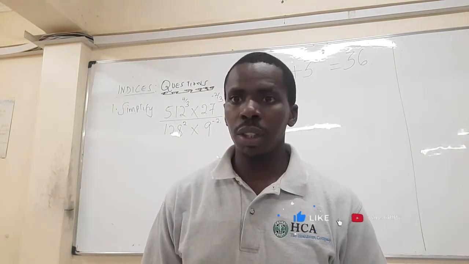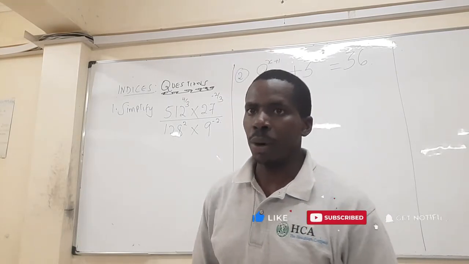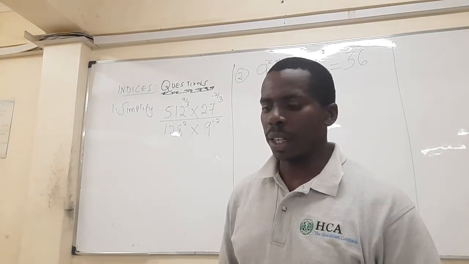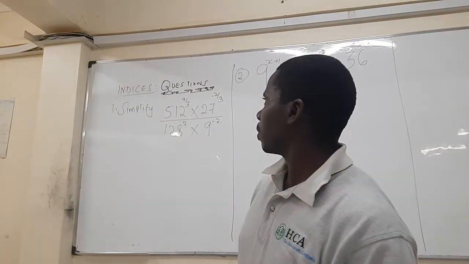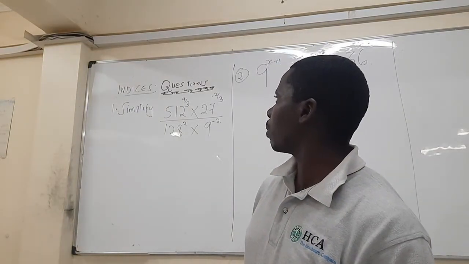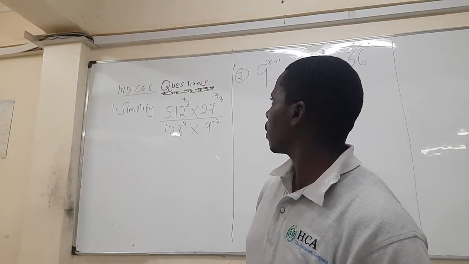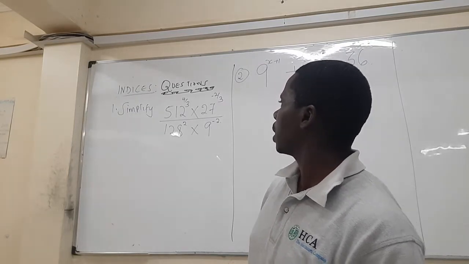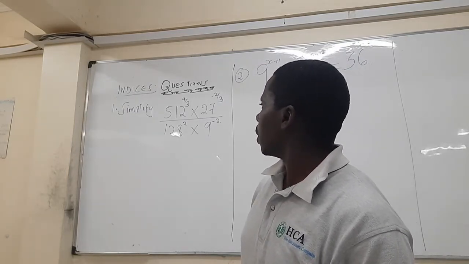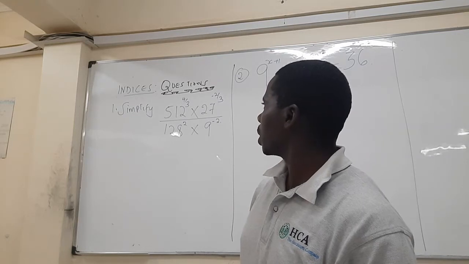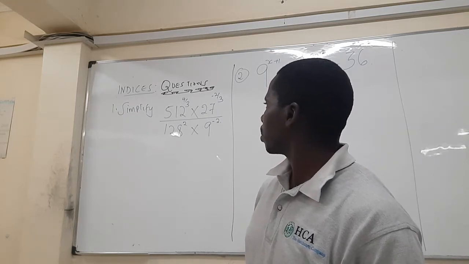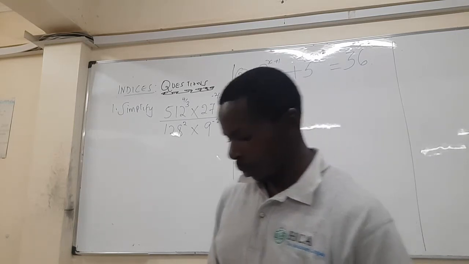The first question is on the board. We have 512 power 4 over 3 times 27 power minus 2 over 3, all of them divided by 128 power 2 times 9 power negative 2. So here,